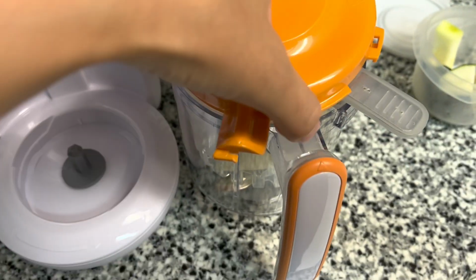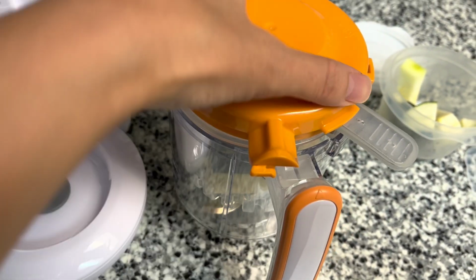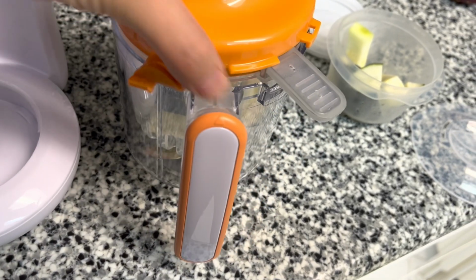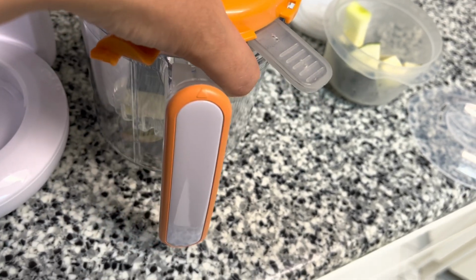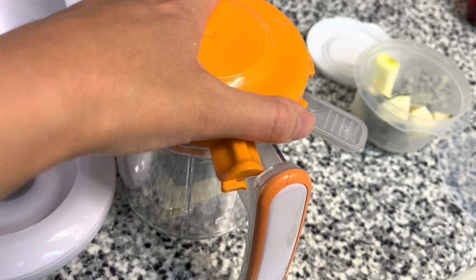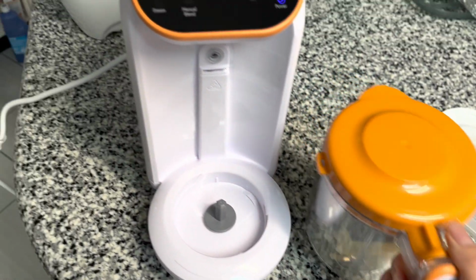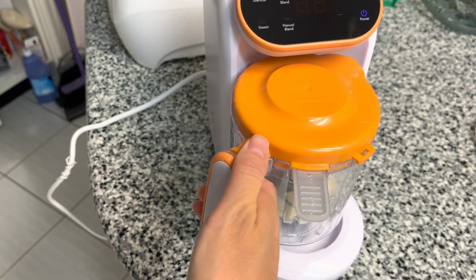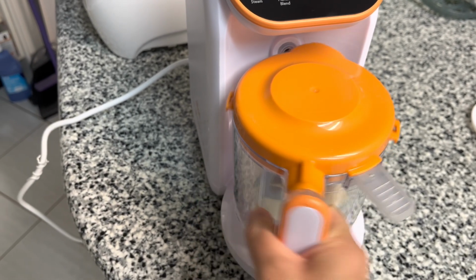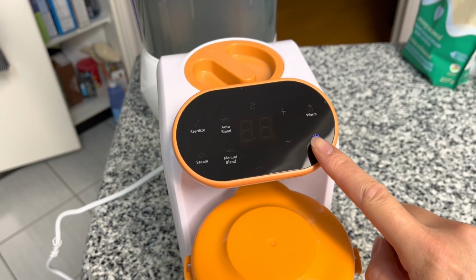So the lid, it seems like it's just one directional, but you gotta put it so that this little thing is on the left, and then I think you pop it down somehow. There we go. And then it clicks into there. And then again, left-handed, you gotta make sure the handle's facing on the left when you put it on top of its stand, and then it clicks into the right. Okay, and turn on the power,